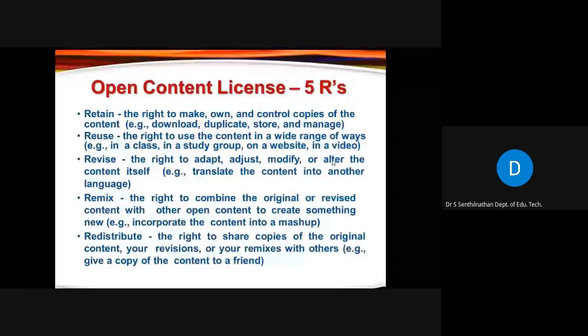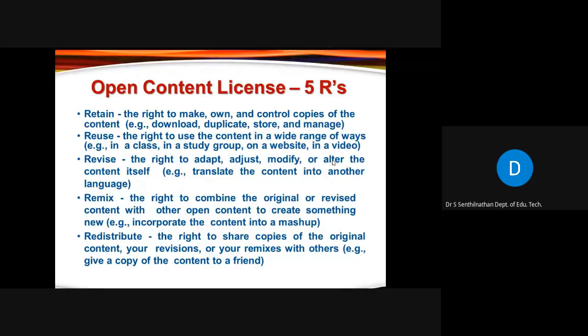One is retain. Anyone who's sharing the content on an open access portal will retain the right to control the copies of the content. For instance, I prepare content, you may have a question. Sir, I prepare a content, some Word file, convert it into a PDF and put it on an open access portal. Will I have some control over it? Will I have an opportunity to have that? Or will it become totally under the control of somebody else? You will continue to be the owner. But the only thing is, you alone will not be the owner of that content. Everybody else also will be having the ownership.